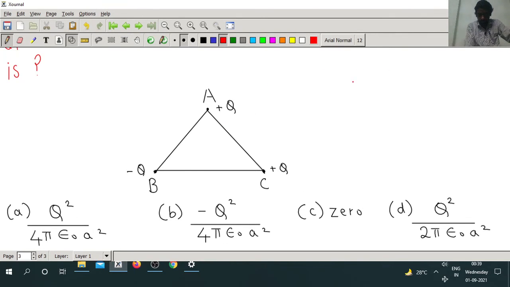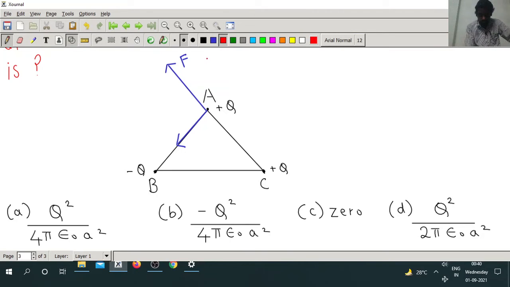Now you can see that between this plus q and plus q there is a repulsion force. So let us first draw this repulsion force over here, and the Coulomb force is a central force, which means it acts along a straight line. Again, the force between this and this is of attraction. There are two forces over here, and you can see this one is of attraction.